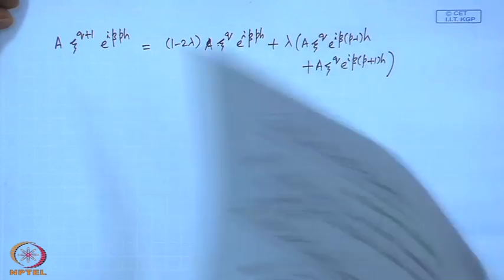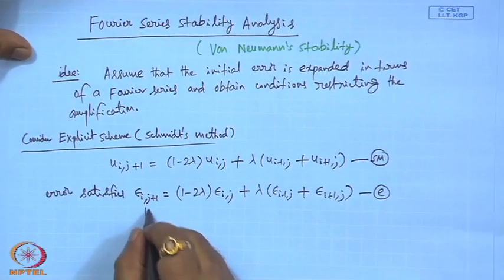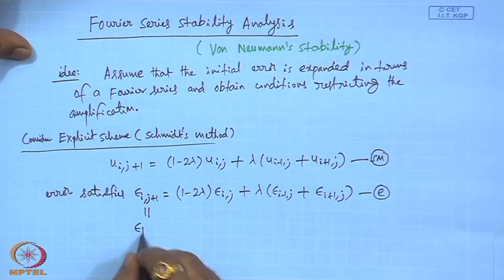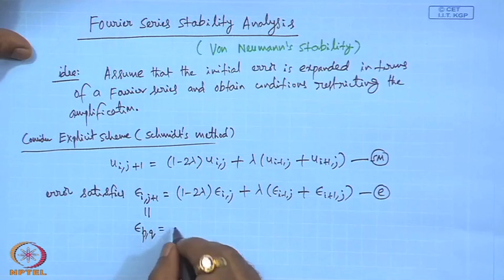So please look at this. We have this is nothing but epsilon PQ and this is expanded as